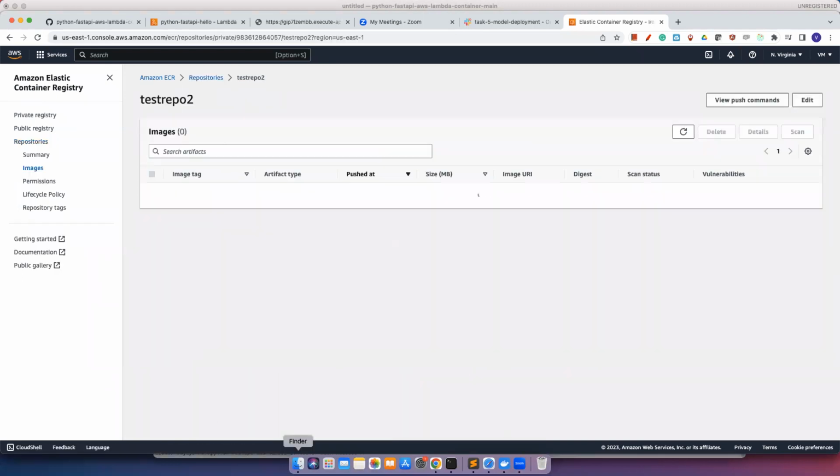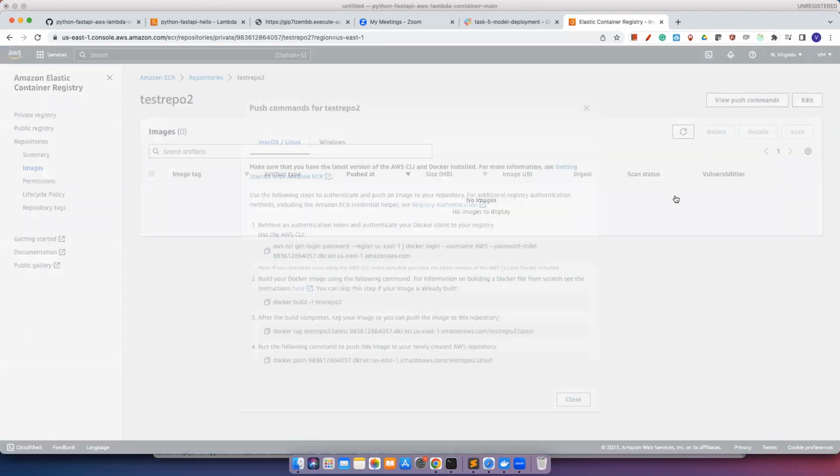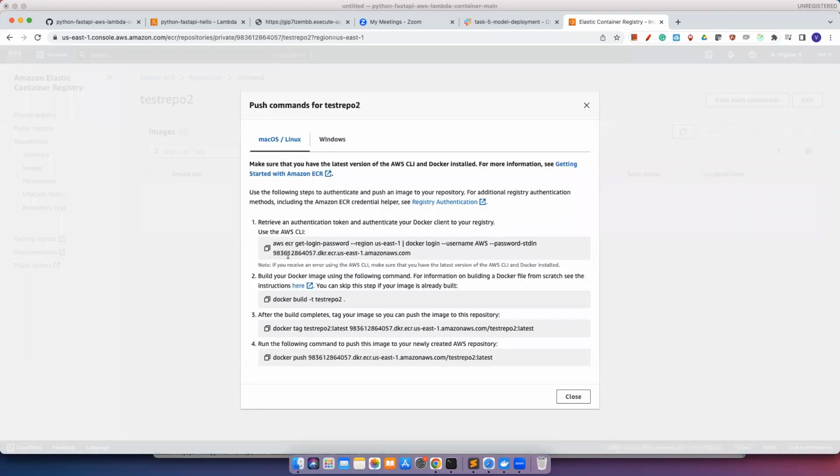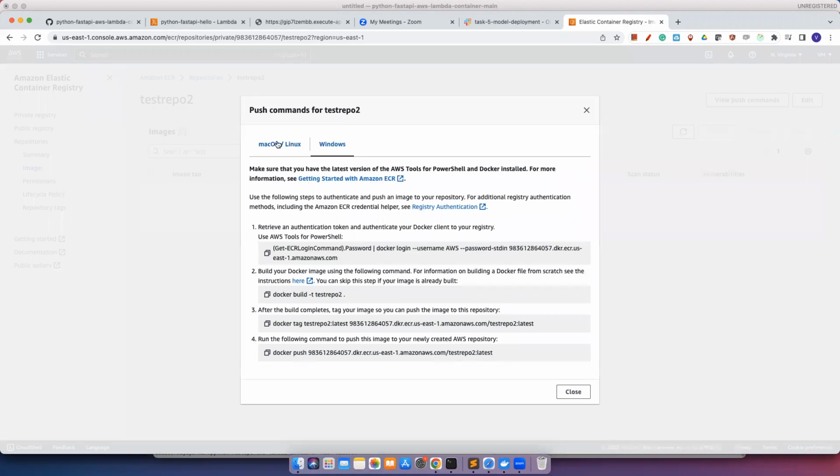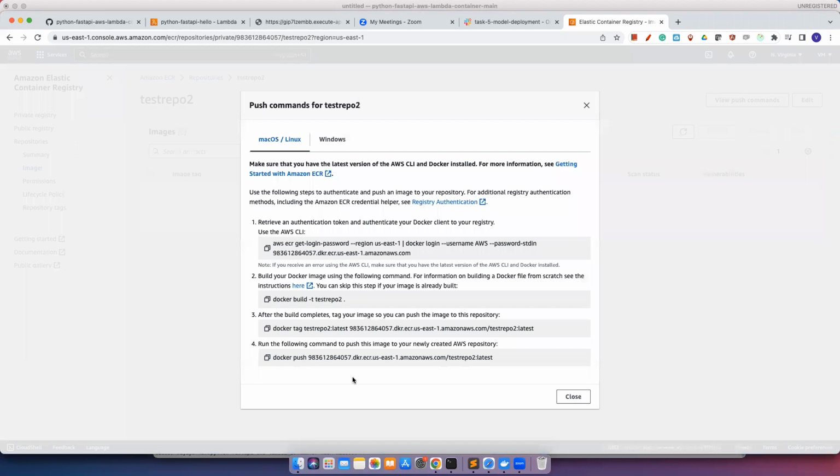Now if you click on the repo, it shows blank, right? Nothing is here. Now you have two options. You can use these commands, or if it is Windows, Windows commands. Mine is a Mac. You follow these instructions. Before doing this, you need to have the AWS CLI installed on your computer, and Docker should be running so that you can execute this, and what it does is, once you execute this push command,